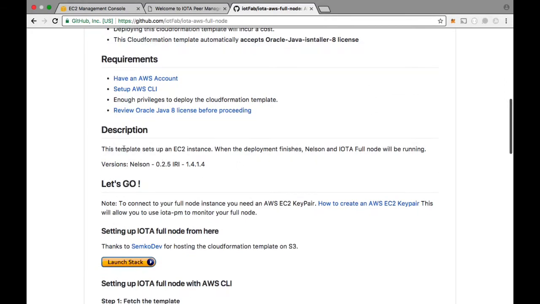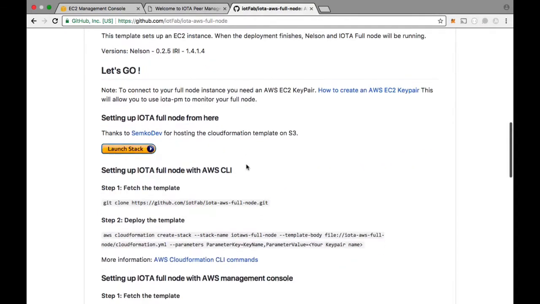The template sets up an EC2 instance, and when the deployment is finished, Nelson and the IOTA full node will be running. We're going to be on IRI 1.4.1.4. All right, let's do this. So we're going to have to